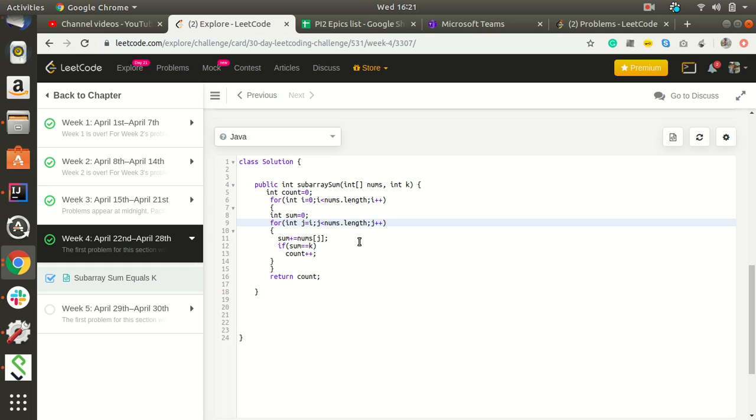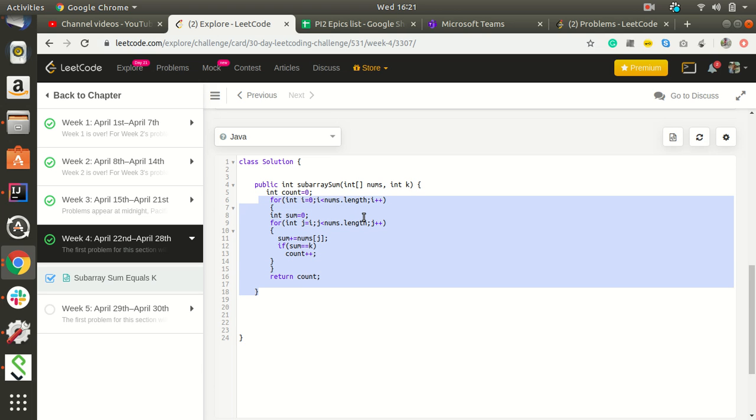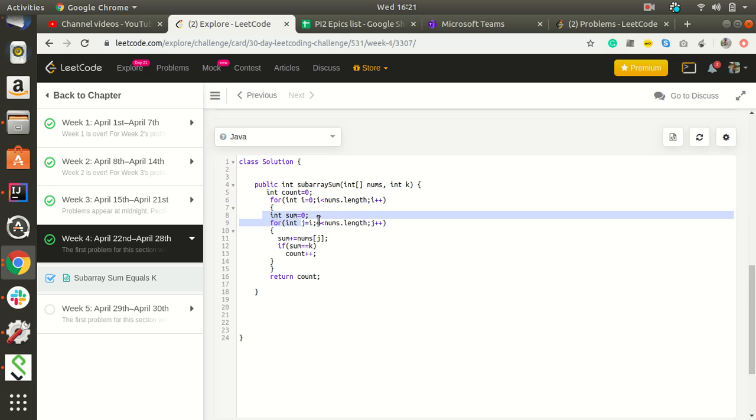What we have done is use two for loops going up to nums.length: int i equal to 0, i less than nums.length, i plus plus. Initially I have declared sum equal to 0. Then int j equal to i, j less than nums.length, j plus plus, sum plus nums of j.